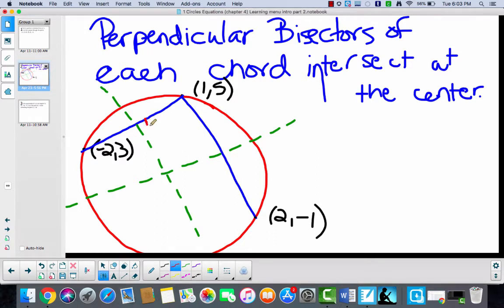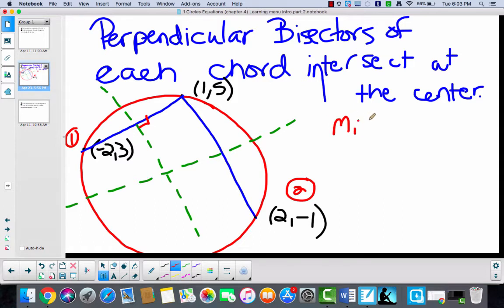Now, since these two lines are perpendicular, what do we know about their slopes? Right, their slopes are the negative reciprocals of each other. So we're going to find the slope of this line, and I'm going to call this one line 1 so we can distinguish between this one and this one, line 2. So if we do the slope of line 1,